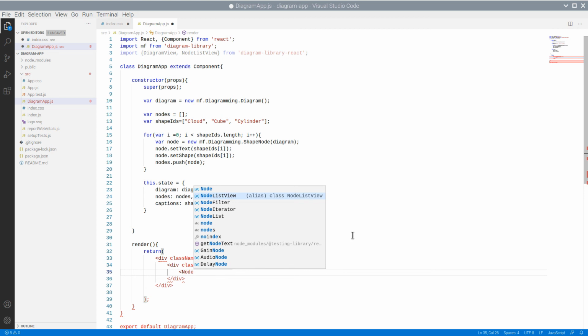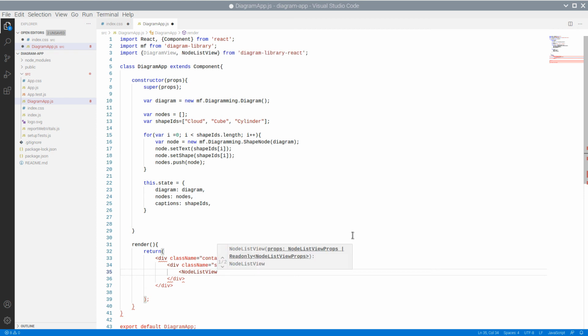The nodes and captions for the node list view are taken from the nodes and caption instances stored in the state.